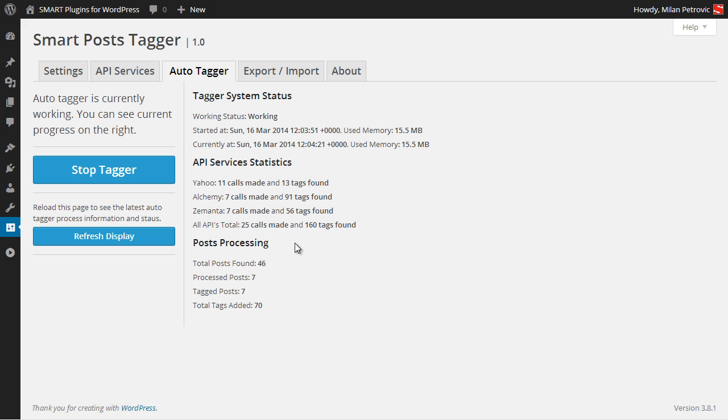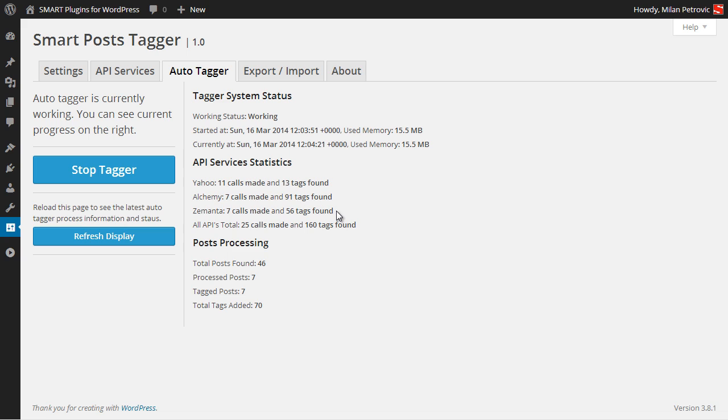This can take some time depending on number of calls it needs to make to AIP services and to process all received tags. Also make sure that you don't tag too many posts at the same time, because you will hit limits imposed by different websites you can use for tagging.